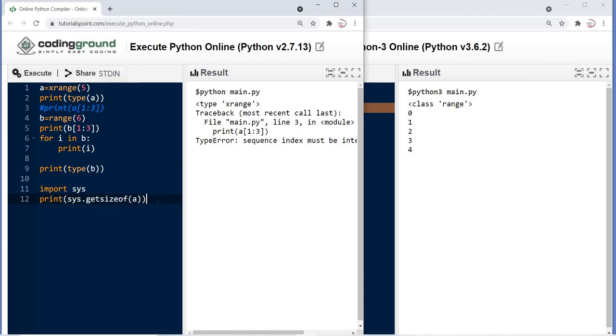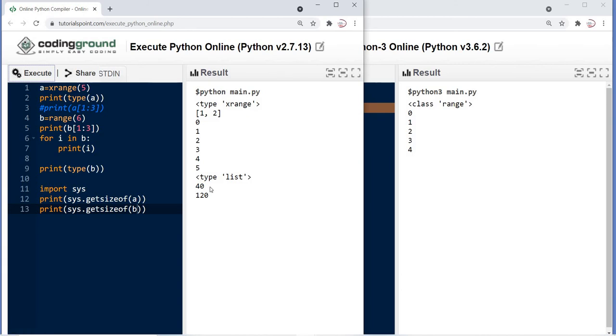This function will return the size in bytes. So how many bytes xrange takes and how many bytes range takes will be clear. See, xrange takes 40 bytes and range takes 120 bytes.